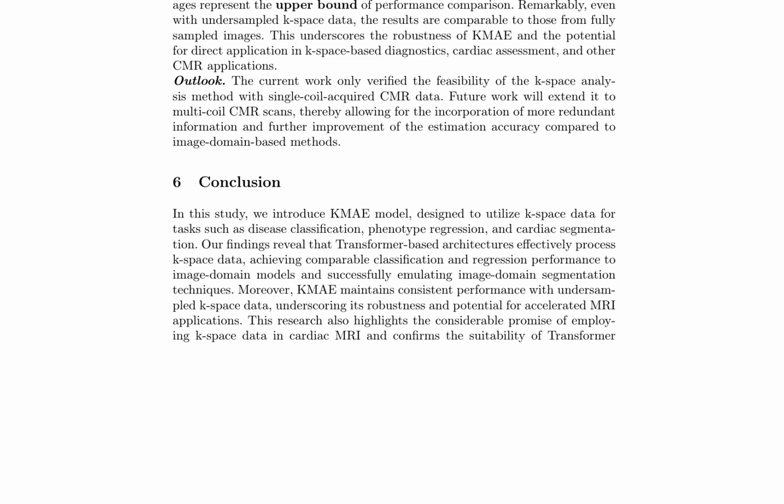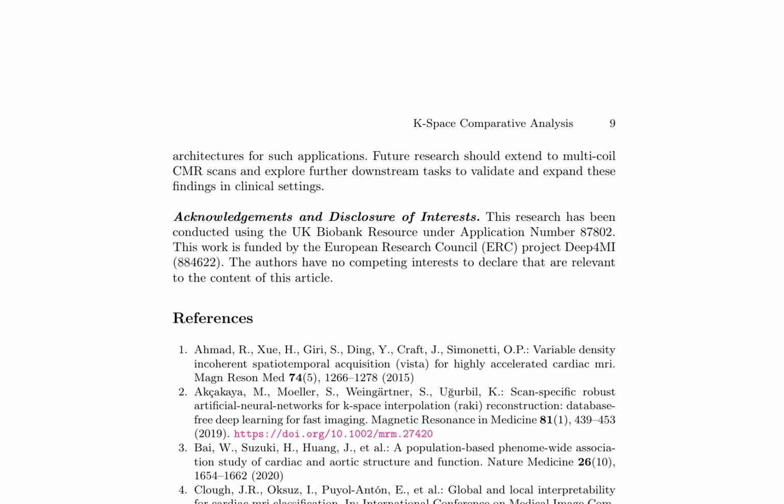Future work will extend this method to multi-coil CMR scans, enabling the incorporation of more redundant information and further improving estimation accuracy compared to image domain-based methods. This research underscores the considerable promise of employing K-space data in cardiac MRI and confirms the suitability of transformer architectures for this purpose. The authors conclude their comparative analysis of K-space architectures for cardiac MRI scans, highlighting the potential for future research to extend to multi-coil CMR scans and explore further downstream tasks to validate and expand these findings in